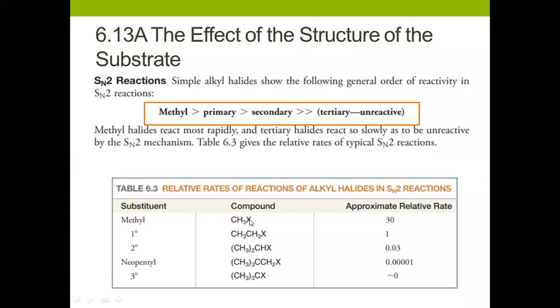So for example, here are some relative rates of reaction of alkyl halides in SN2 reactions. Let's compare methyl, CH3X, just a halide. In a 1 degree, CH3CH2, you have your carbon bonded to your halide, and you have another CH3. The relative rate of the SN2 reaction for methyl only is very, very large, 30, while the 1 degree